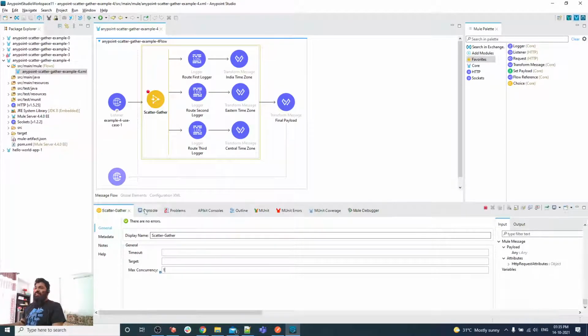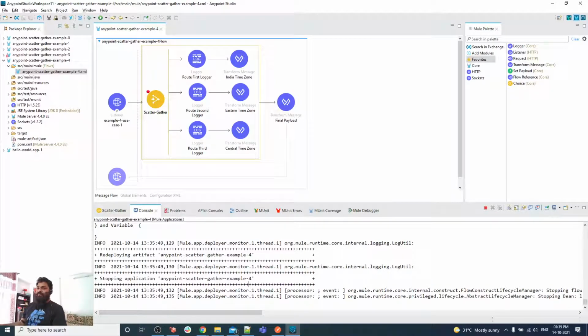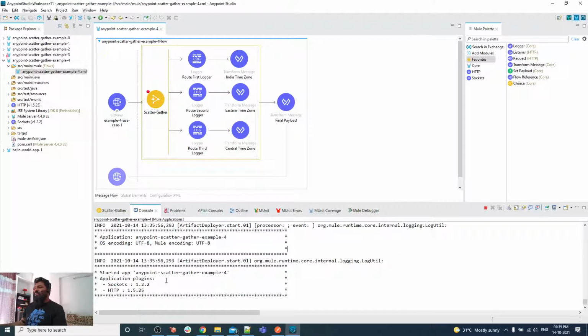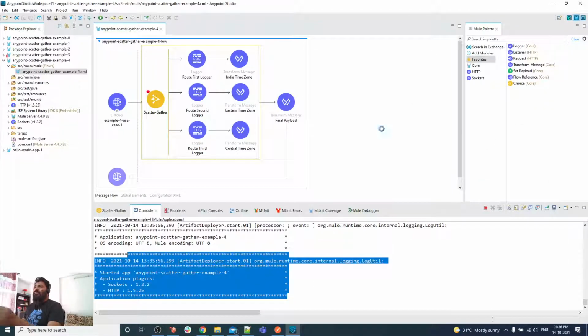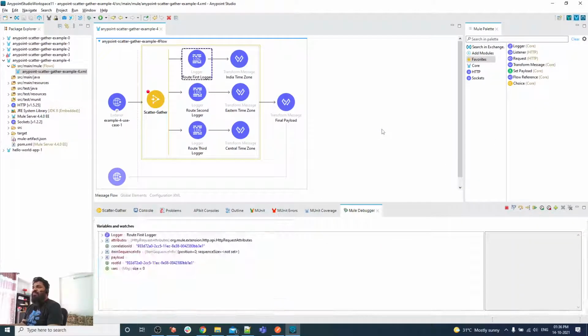So let me deploy my application. Yes, as you can see, my application is deployed. Let me click on the send button. I've got F6. As you can see, I press F6 a second time, and after this is executed, this route's execution is completed, then it will start the second flow.